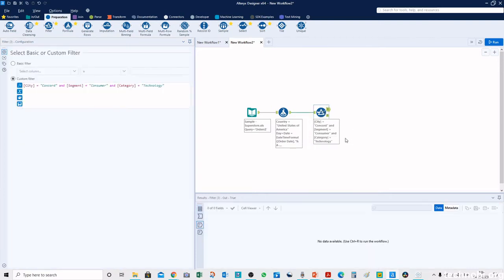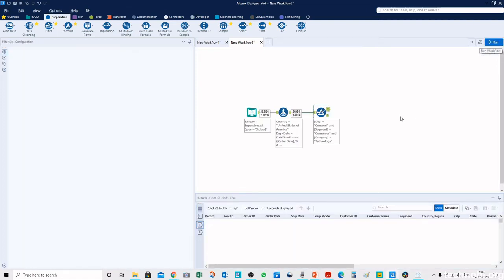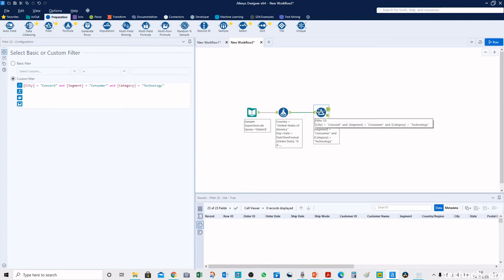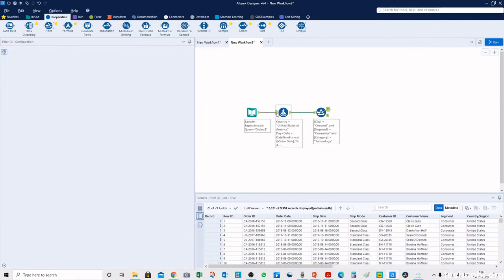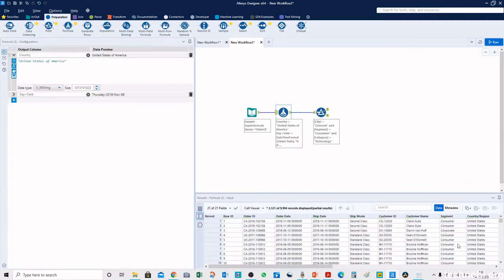the filter conditions are entered. Now let's run the workflow, and this T is for true if the condition is true, and this is for false. And this is the input anchor, these are the two output anchors. This is the input anchor for the formula tool, this is the output anchor. When we click on this input anchor, it will show how the data has entered the formula tool, and if we click on this output anchor, it will show how the data was processed and what was the result after this formula tool is executed.